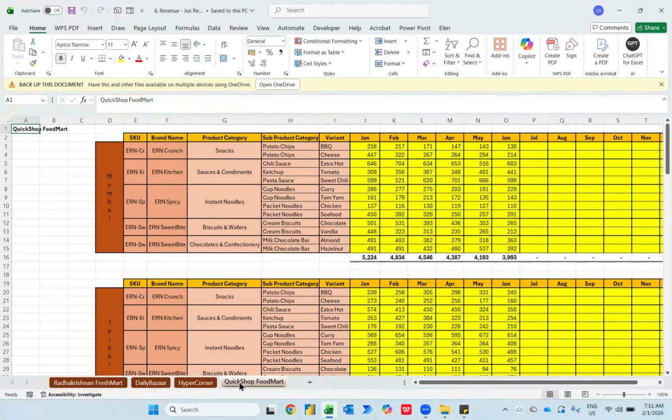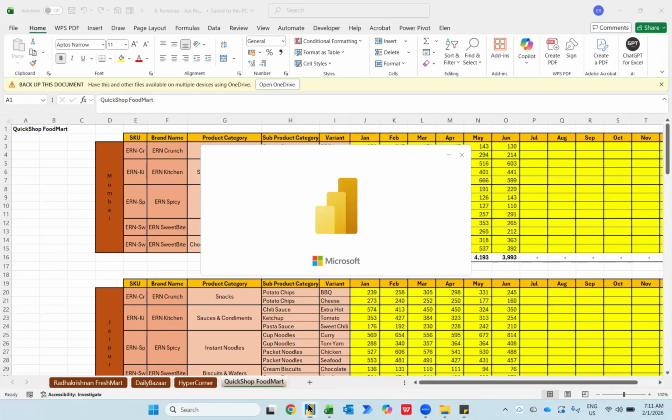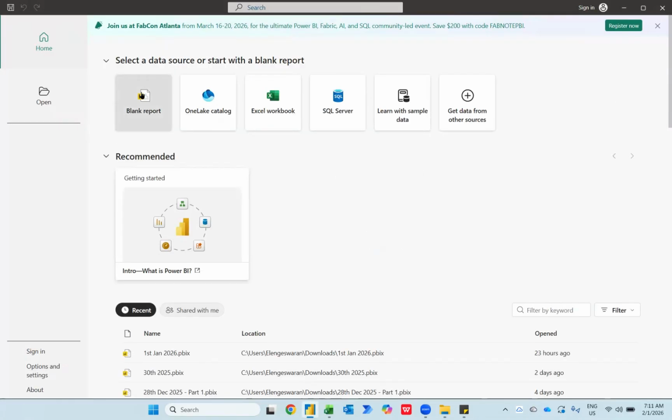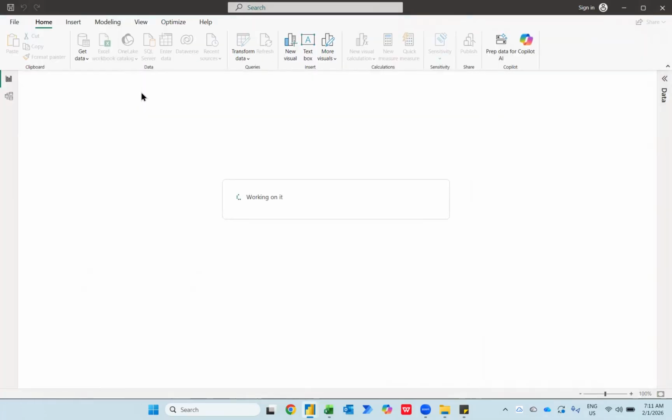So what I need to do is consolidate all these worksheets, and then calculate the sales from January to December. I'm going to open my Power BI. In Power BI, the first step is I need to import the data. We click the blank report, and then I choose get data